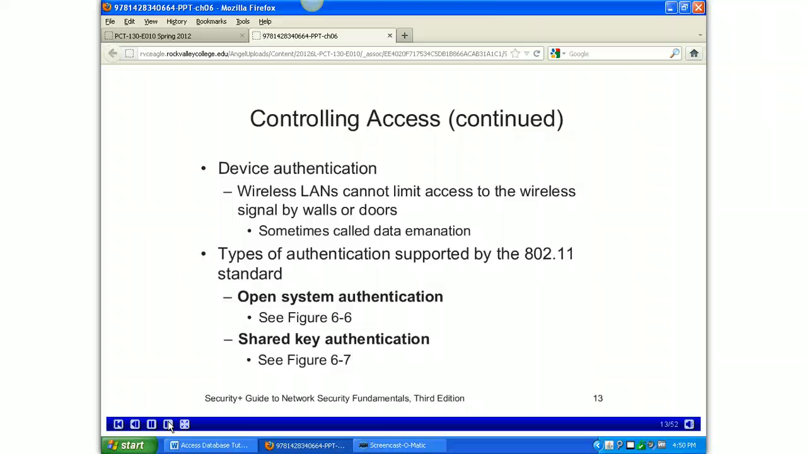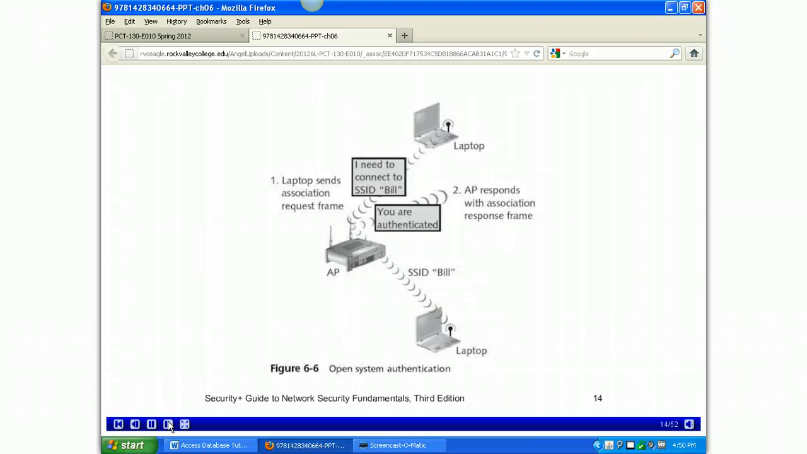So here are some authentication types supported by the 802.11 standard: open system and shared key. In open system, you've got a laptop that sends what's called an association request frame that says, I need to connect to SSID Bill. The access point says you're connected, responds with an association response frame, and then the SSID Bill is pushed